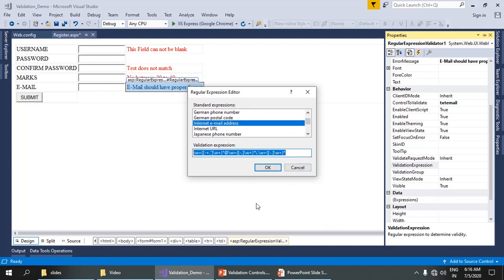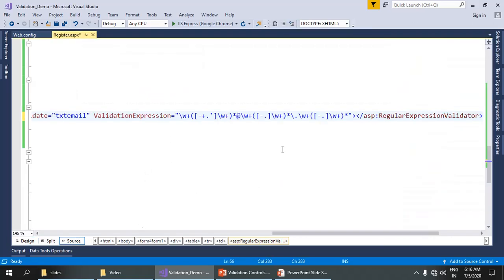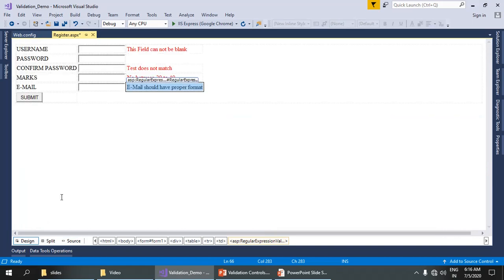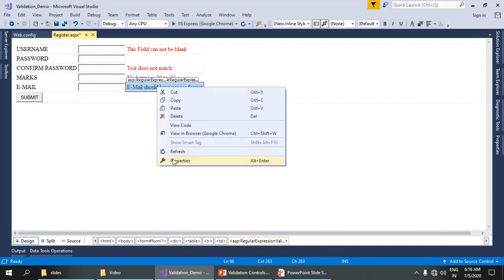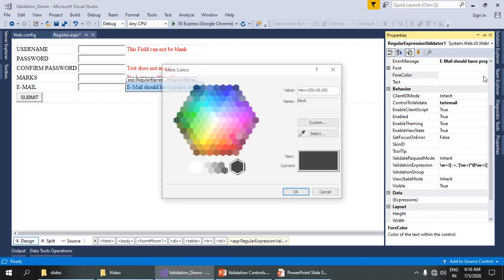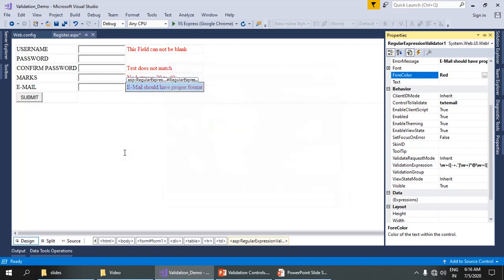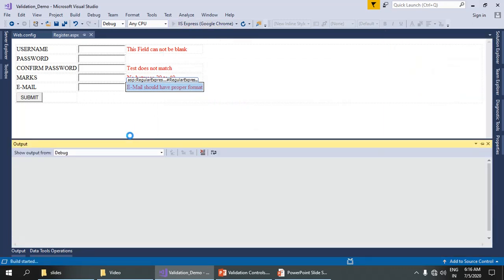So this is the validation expression for the email ID. Click OK. So here you can see that in the design code you have an expression for email, and the last one, you can give a background color for the error message. Okay, now save it and run your website.